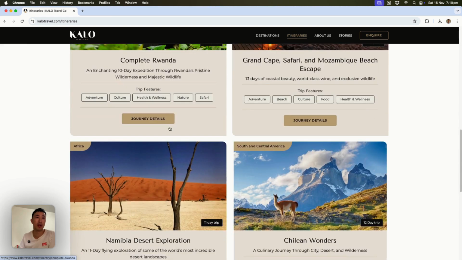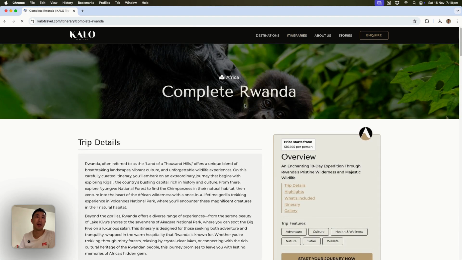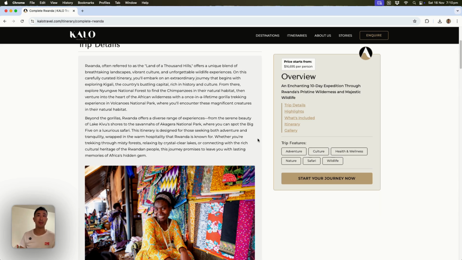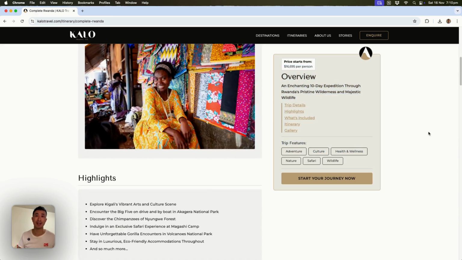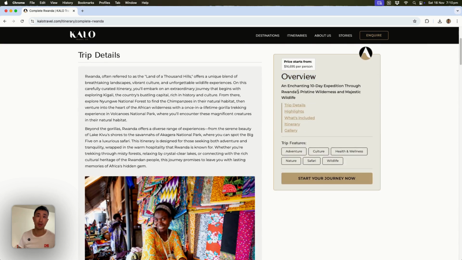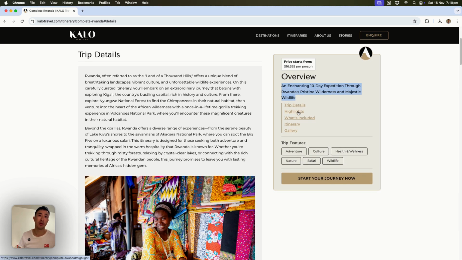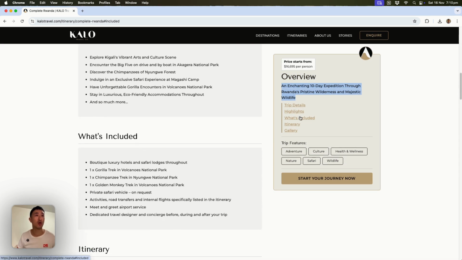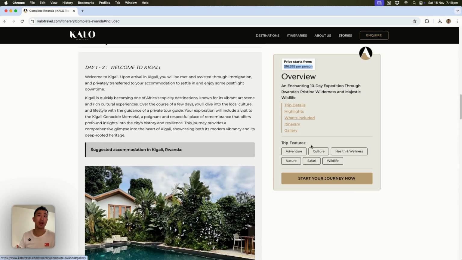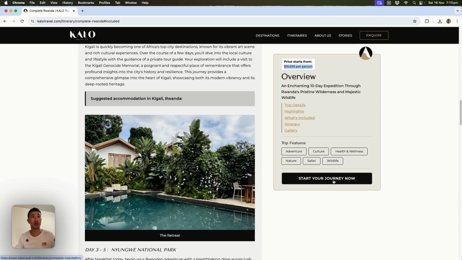And if I just go into one of them, let's say Rwanda again, you'll notice that we have trip details. On the left-hand side, this is a rich text element. And on the right-hand side, this is a sticky section where as I scroll down, it stays on the right. It really just shows everything in a nutshell, that this specific itinerary, the description, as well as the sub menus. So if I click on these hyperlinks, it actually scrolls me down to that section. This shows the trip features and the starting price. And if you're ready to go, you click this CTA button, which scrolls you down to the very bottom of